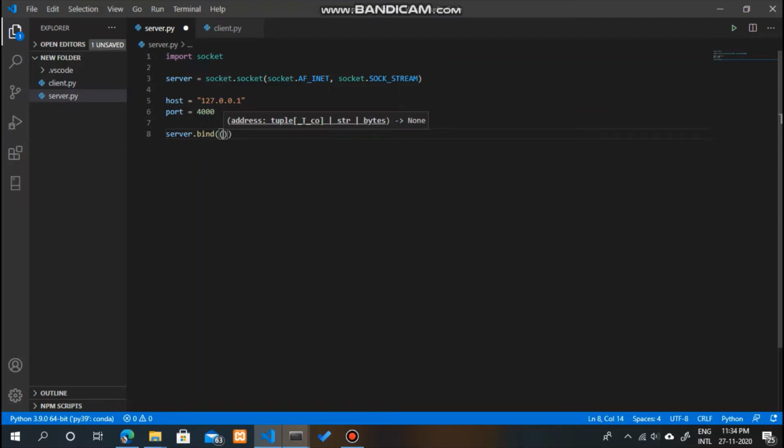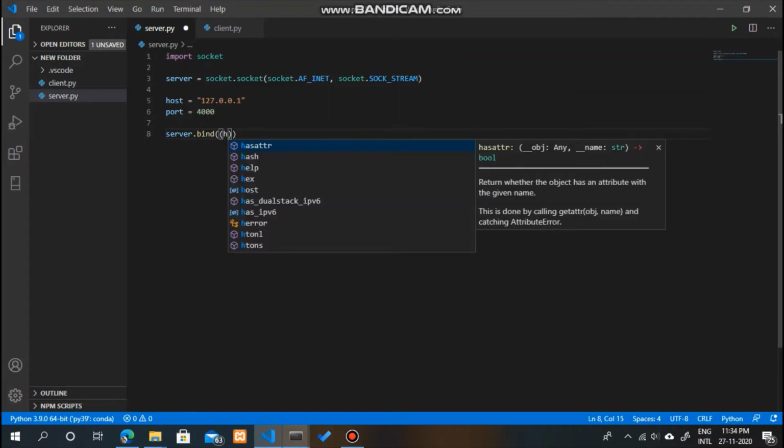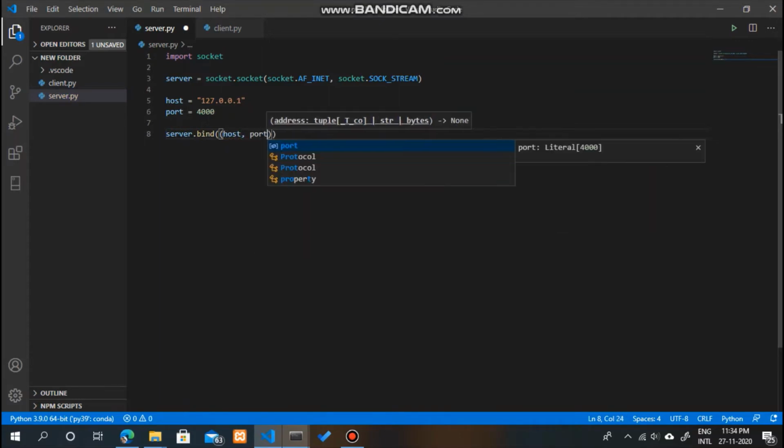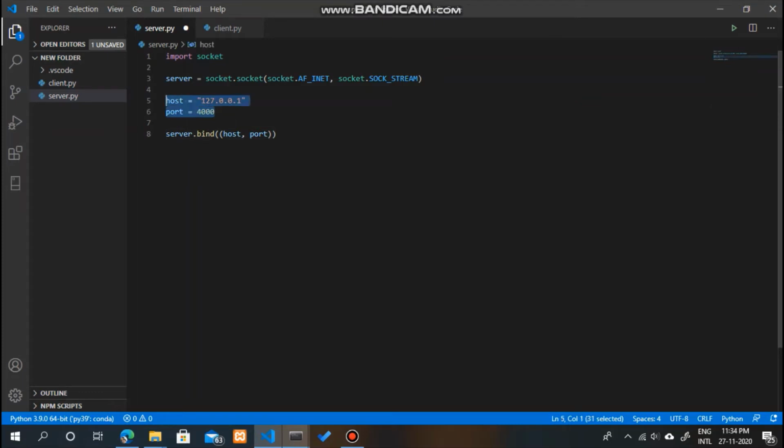This bind is a method of the server, and it takes a tuple. The tuple will contain the host and the port, like this. So right now we are binding this host and the port to the server. Hence we can say that the server is running on this host and on this port.